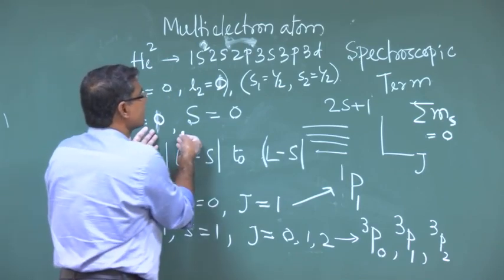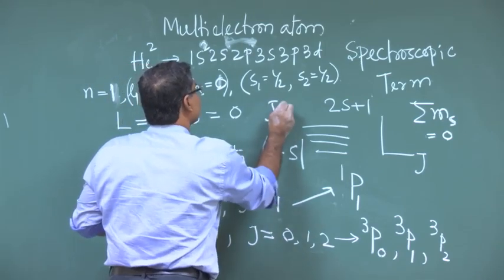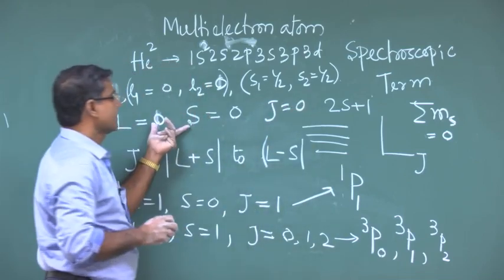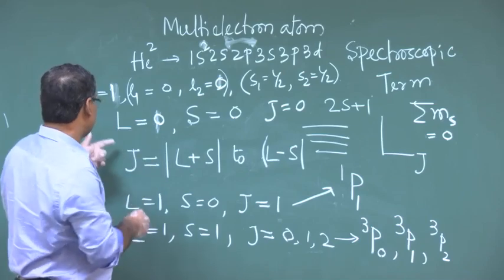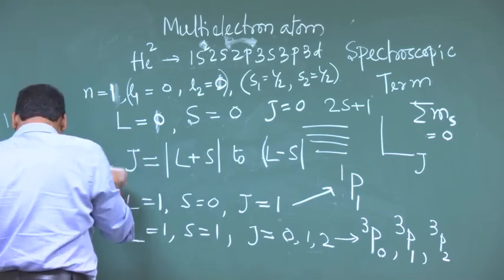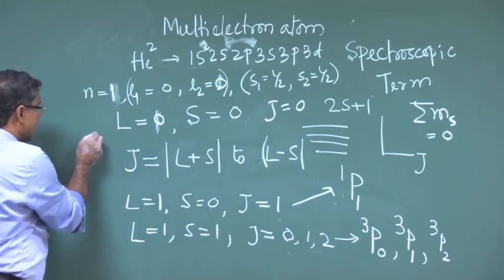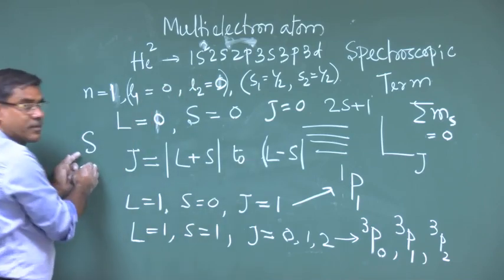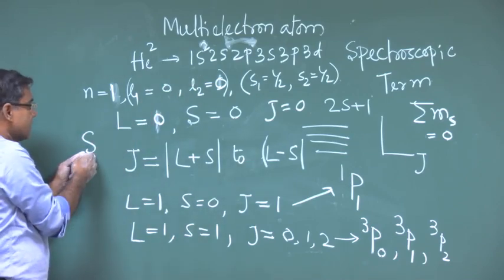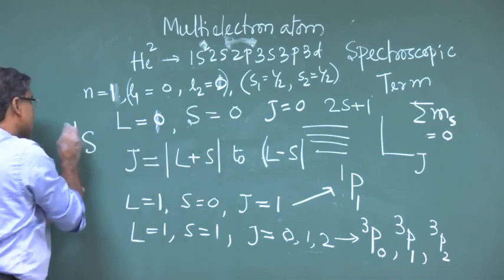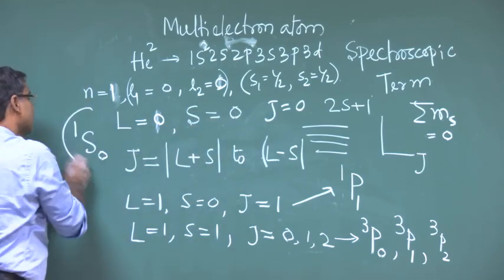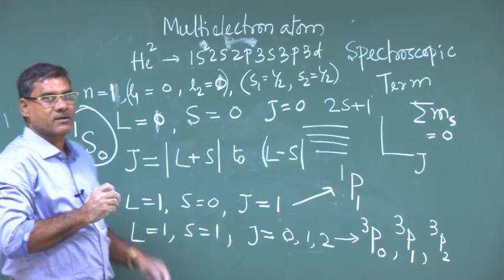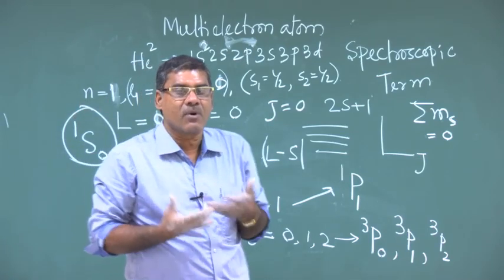In this case your total J will be 0, and your state with L equal to 0, the spectroscopic term, will be 1S0. This will be the only one possible state